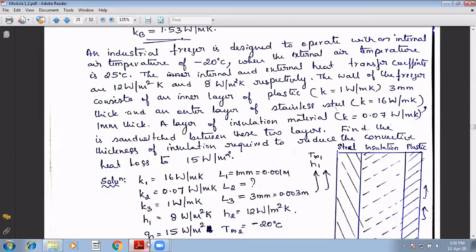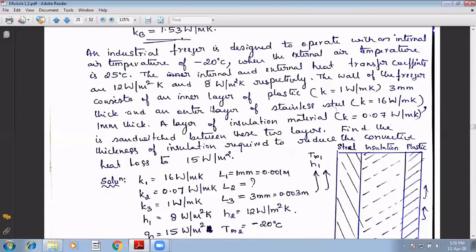An insulated freezer is designed to operate with an internal air temperature of minus 20 degrees Celsius and the external air temperature is 25 degrees Celsius. The internal and external heat transfer coefficients are 12 and 8 watt per meter square Kelvin. The wall of the freezer